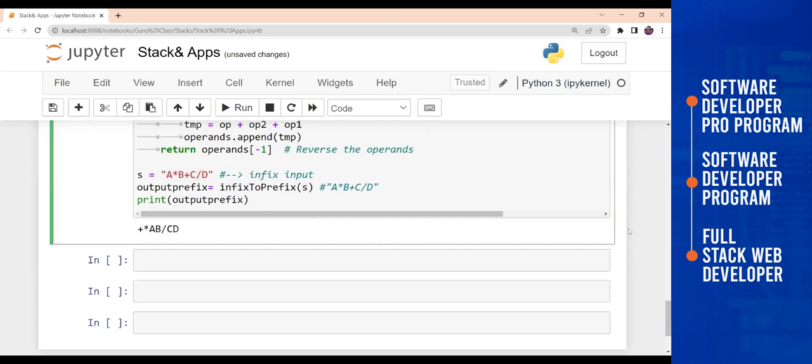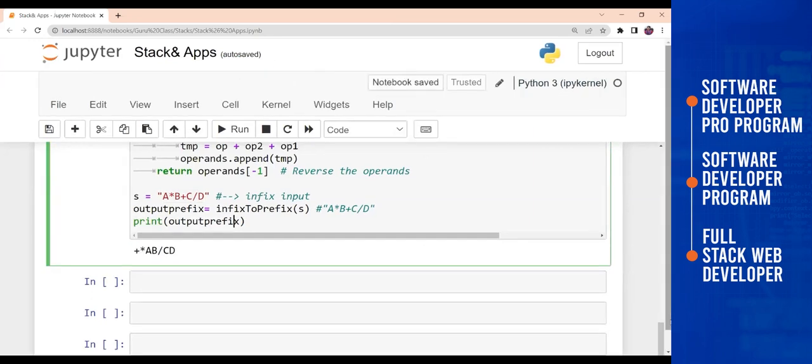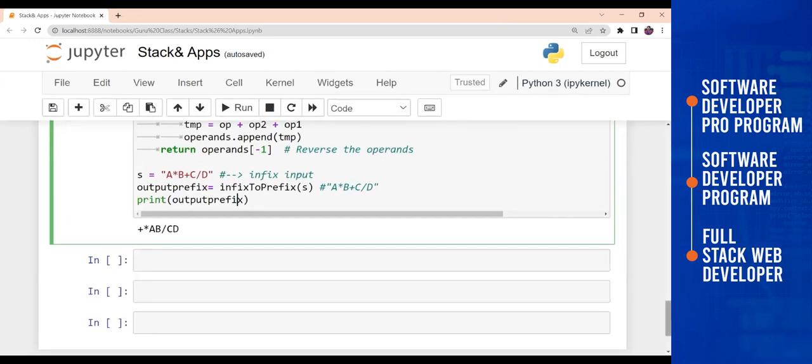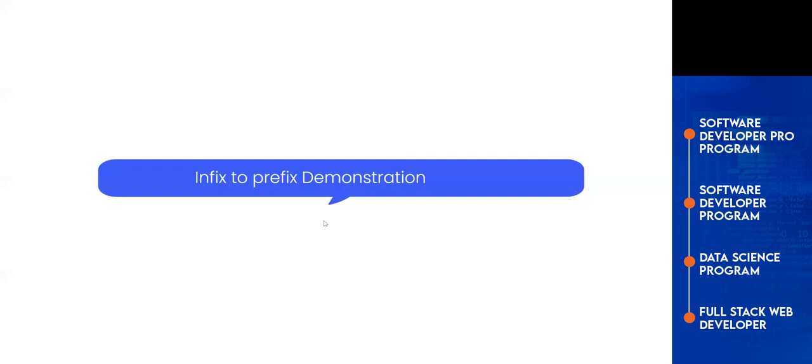Okay, so this is one of the real-time applications of arithmetic operations. Wherever this particular arithmetic operation is going to help, like a calculator, or while you are working on any precedence or any priority check application, anywhere you can implement this particular logic for implementing this stack in the real-time world. Okay, so now this is the demonstration, guys. I hope everyone understood this.